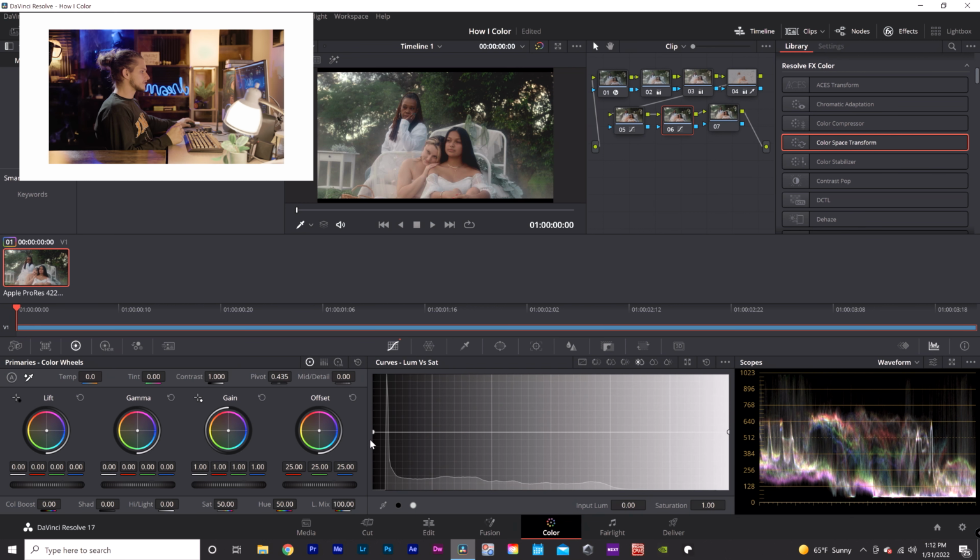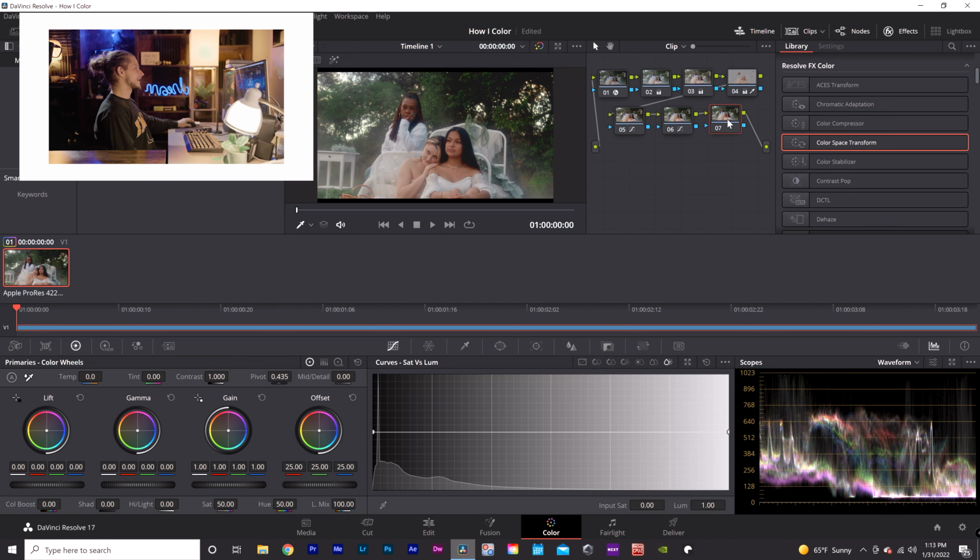All right, and then we'll go over to luminance versus saturation. What I like to do is I like to bring the shadows up and the highlights down. This is messing with the saturation of your highlighted parts of the clip, and these are your shadow parts of the clip. All right, so I like to bring the shadow up and the highlight down. And then again, you can pull the middle and kind of adjust it, fine tune it. I'll bring it down a little bit. All right, these last two, I'm not 100% sure what they do. I'll look it up, or one of y'all can tell me in the comments what those do, but I'm gonna leave those alone. But if you look at what we did and you delete just this node, you can see how much coloring we did to give it that